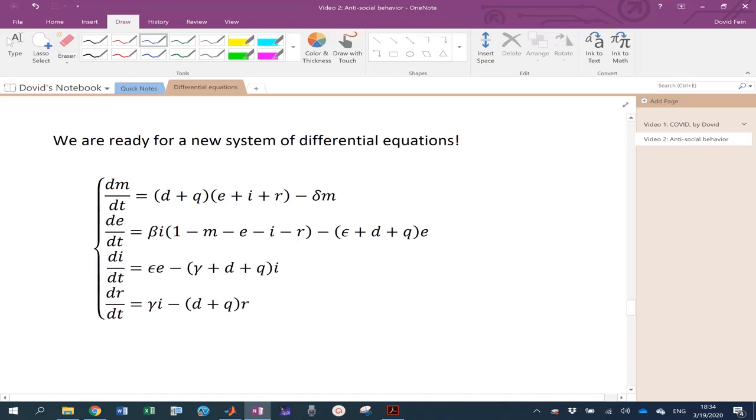dm/dt, dE/dt, dI/dt, and dR/dt. You'll notice one is missing. You'll see why it's missing in just a second. When we solve this system, we're going to end up with